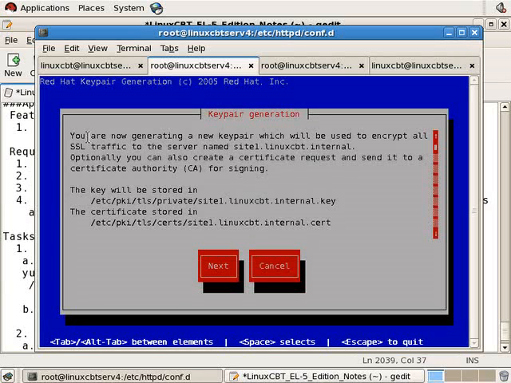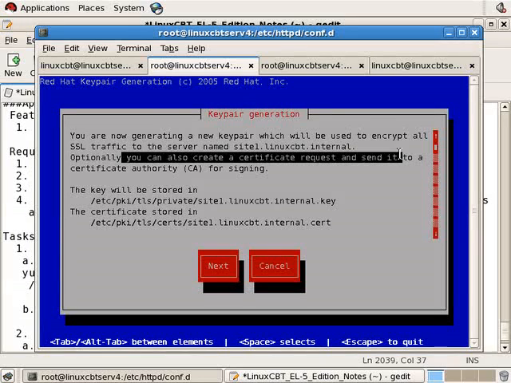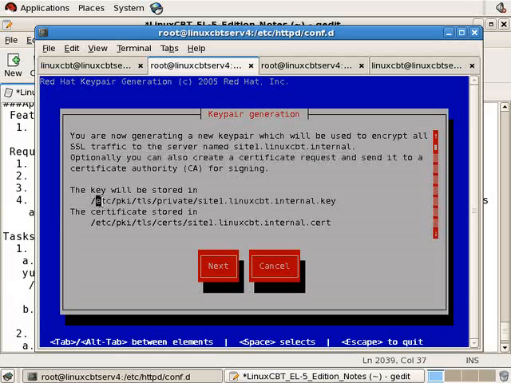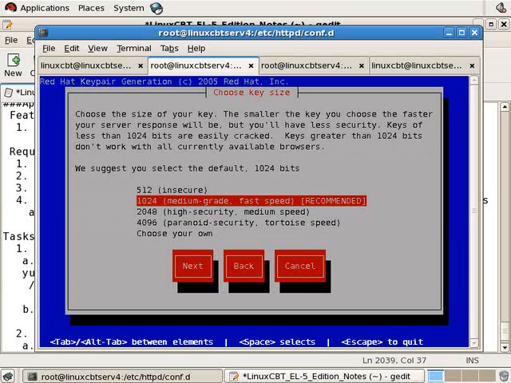So you're now generating a key pair which will be used to encrypt SSL traffic to the server named site1. So it's tied to this FQDN site1.linuxcbt.internal. It also tells you can optionally create a certificate request and send it to a CA. The key will be stored beneath etc PKI for public key infrastructure, TLS, transport layer security, private for the private key, which is terminated with a suffix of .key, and simply certs for the public key, which terminates with a suffix of .cert. So let's navigate to next by pressing tab and then pressing enter,